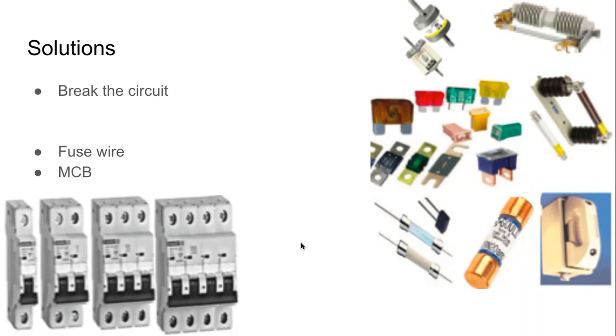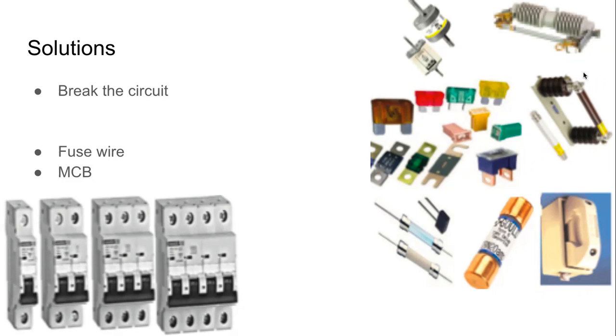On the right hand side of the screen, you see different types of fuses. Some you have seen at home, some you may not have seen at home. What does the fuse do? At a very, very generic level, if you look at it very simply, the fuse wire is thinner than the actual wiring wala wire. So what the fuse does, if by mistake we are drawing more than the current that we are supposed to draw, because this fuse wire is thinner than the other wires, this wire will melt first. पढ़ा है ना हमने?